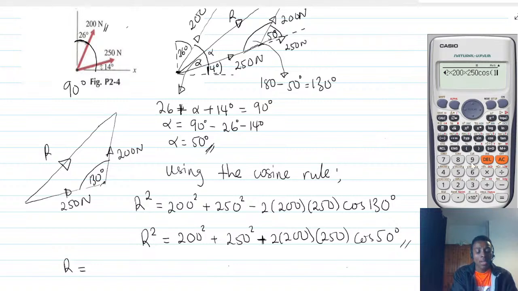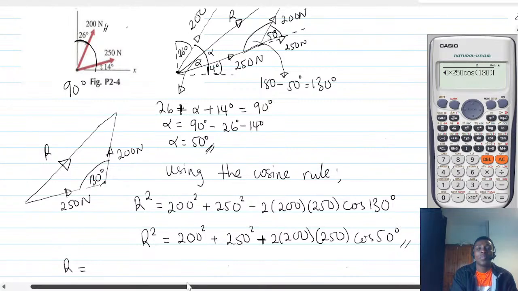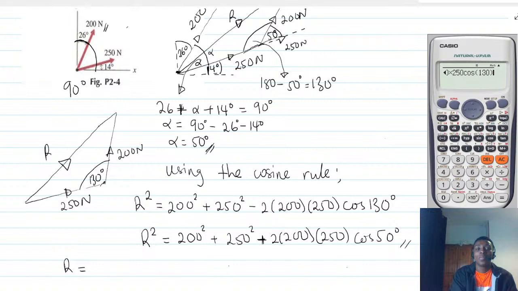Cosine of 130. Yeah, okay. So what is it then? All right, so the answer is going to be